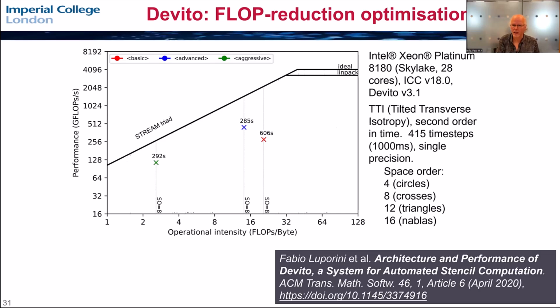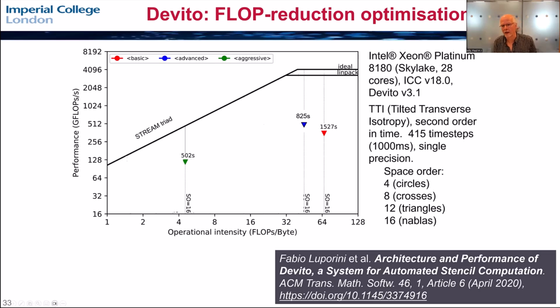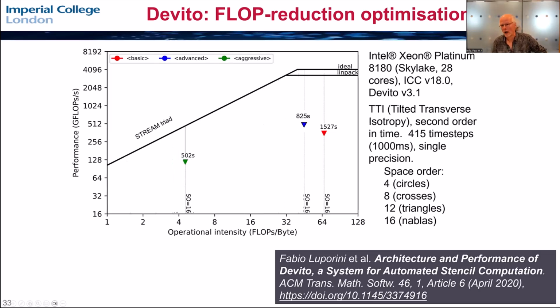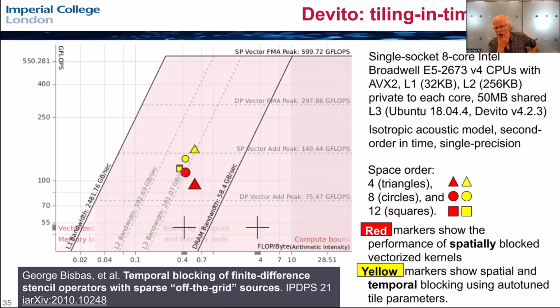If we increase the spatial order, so here we have spatial order 8, let's go straight to the max, right? Spatial order 16. We now see a factor 3 performance improvement thanks to this optimization. And we transform something which is extremely arithmetically intense into something which is memory bound. And this motivates us to study things like space tiling and time tiling. And here's tiling in time.